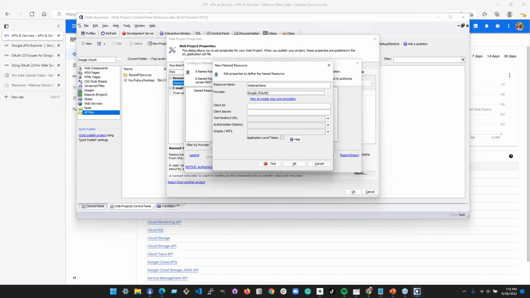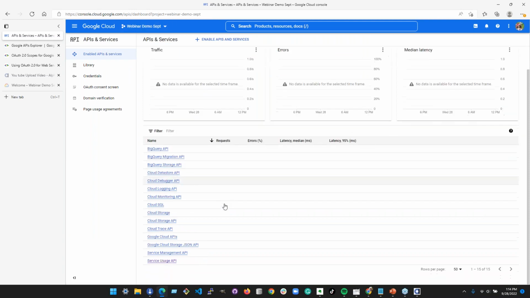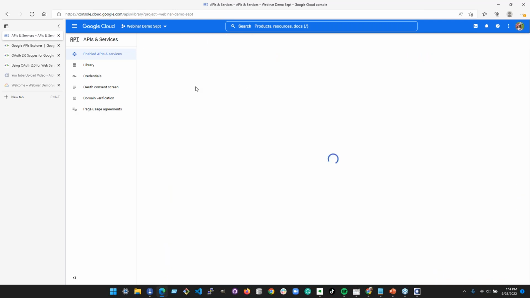Okay, so we don't have a client ID, we don't have a secret, we don't have test redirect URLs to think of, and then there's something down here called scopes and APIs, which we need to talk about as well. So let's start here with the client ID and secret and what you need to do to get that set up. So if you're back here in your Google Cloud Console on your project, the first thing you need to do is to make sure that the API you want to use that you've created in Alpha Anywhere is also here. And you can do that by clicking Enable APIs and Services here.